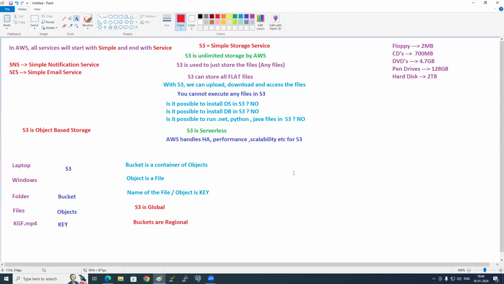Now, do you know what is a static website? Static websites: you know websites, no? If you go to the internet, everything is a website. If you go to any website, the contents are static, constant. It doesn't change. Let's say, for example, Wikipedia, where you have a lot of data. It will not change, it is constant data. That's static. We call it static websites. Any normal company website is a static website only,